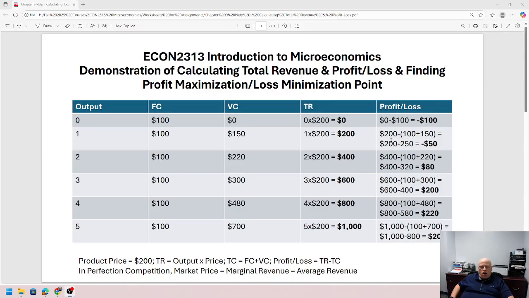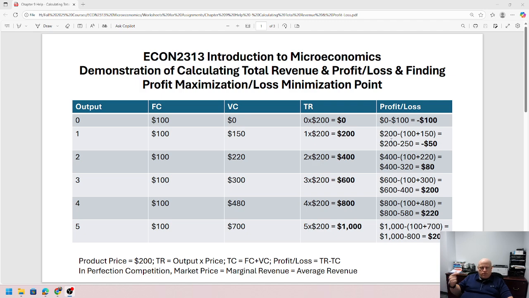So your profit or loss at that point, at zero rate of output, is minus $100. Okay, now you basically just calculate profit or loss the same way all the way down. Of course, starting with the first unit of production, it's a little bit more complicated. It's not complicated, it's very simple, but there are a few more numbers involved in calculating profit or loss when you're actually